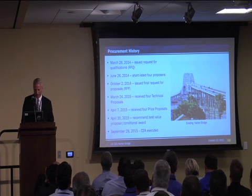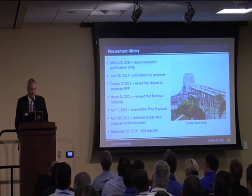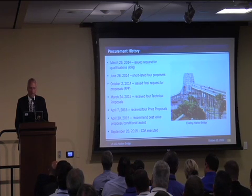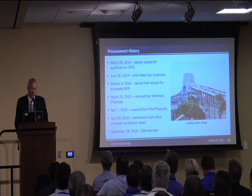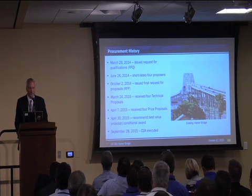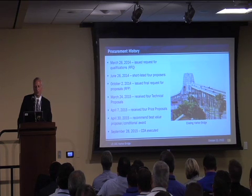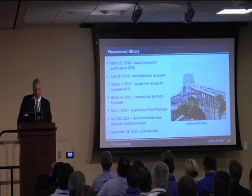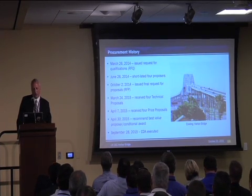Once the decision was made to pursue this as a design build project, this is a brief history of the steps that we went through. At the end of March 2014, we issued the request for qualifications, the RFQ. A couple of months later those came in, and after about a month of evaluating them, in June of 2014 we shortlisted 4 proposer teams. Then over the course of the summer we finalized the RFP, and that was published on October 2nd,